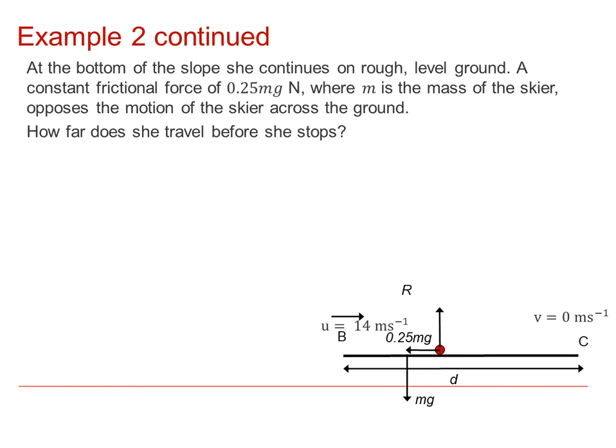So we can then say that the work done by the force, so the work done by the frictional force, is equal to the change in the energy, which is obviously just the kinetic energy,